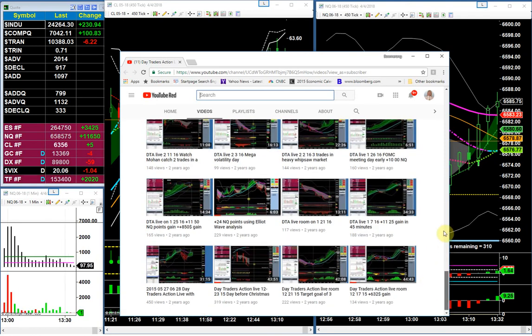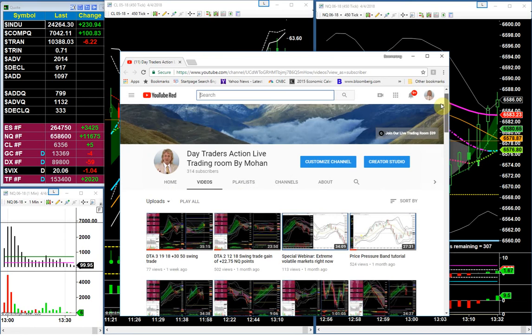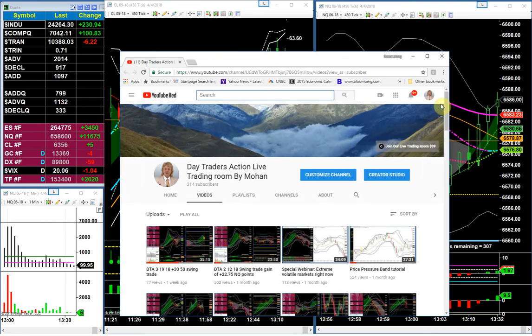Now, we also do futures swing trades. Not always. They have to set up exactly like I want them to set up, using Elliott Wave and Fibonacci and certain special things that I share with you, and I show you exactly how they set up and how to do them yourself. But here's an example, one just recently on 3/19, just a short while ago, for 30.5